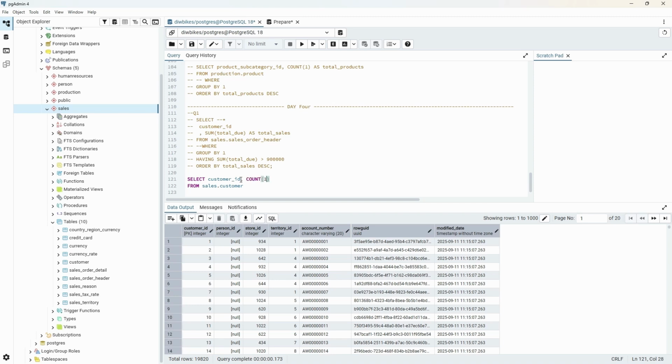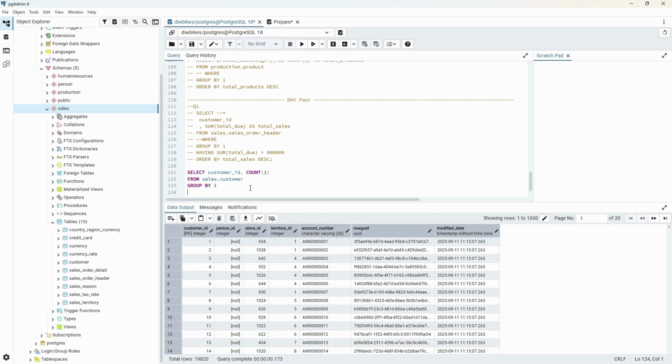And one thing I want to call out here, guys, is that this is a common use case. Okay, you're going to see this. Probably some of you might have done this before, trying to check for duplicates. Some of you, as you're getting into the field, just keep in mind that this is a very common use case that you will run into, and you need to understand and be confident about what you are really trying to solve here. All right, so we're going to say group by one,